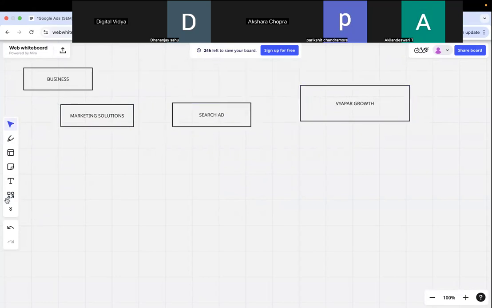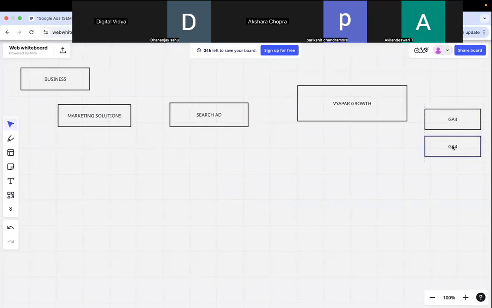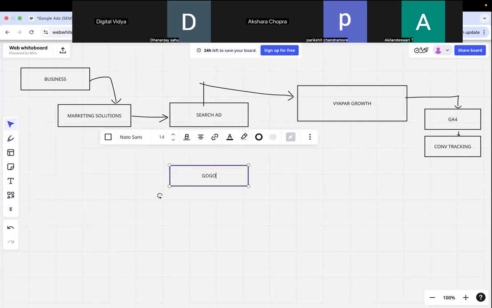Now on our website, we have already connected GA4, right? GA4 is already there. Conversion tracking is already there, right? So what this business did is they went to Google, they searched for marketing solutions, they saw our search ad and they came to our website. Now our website is already connected with GA4 and conversion tracking, right? Now what I do is in my Google Ads account,